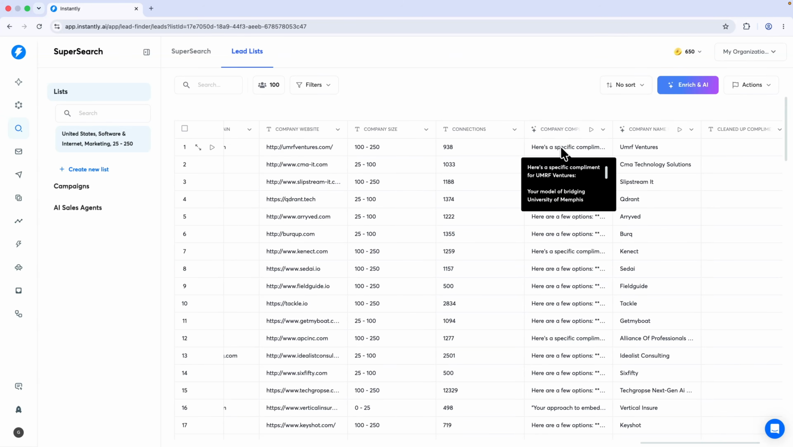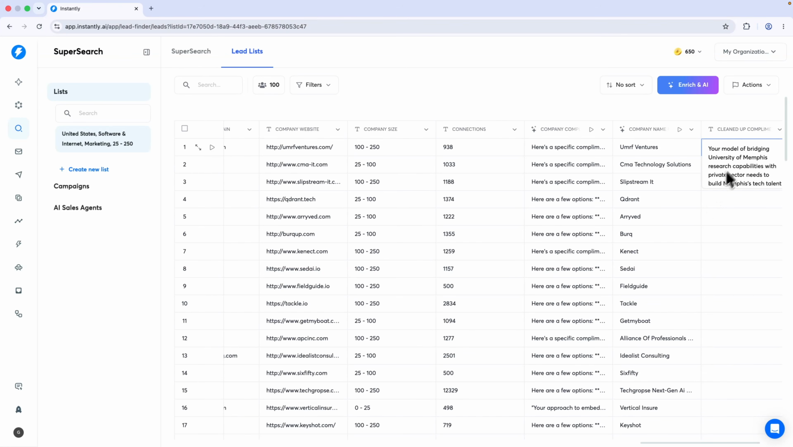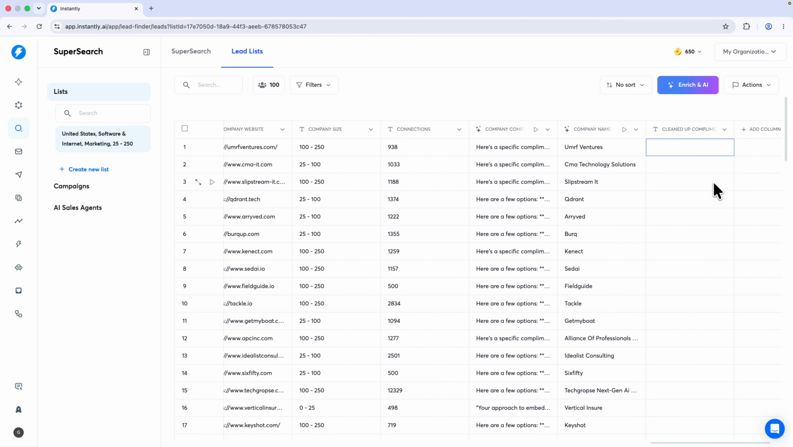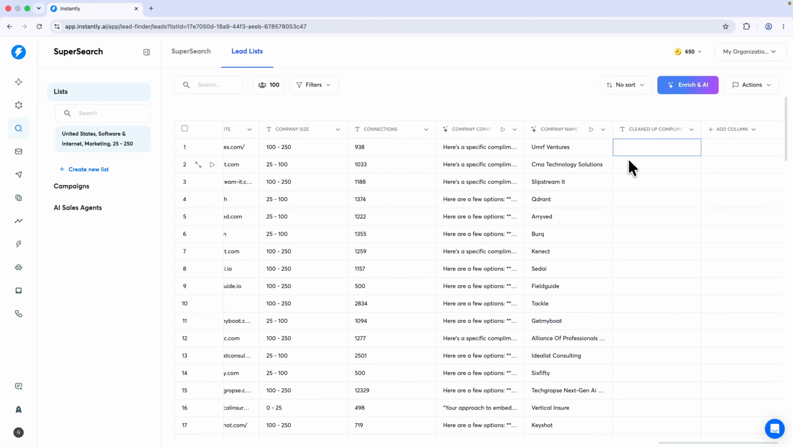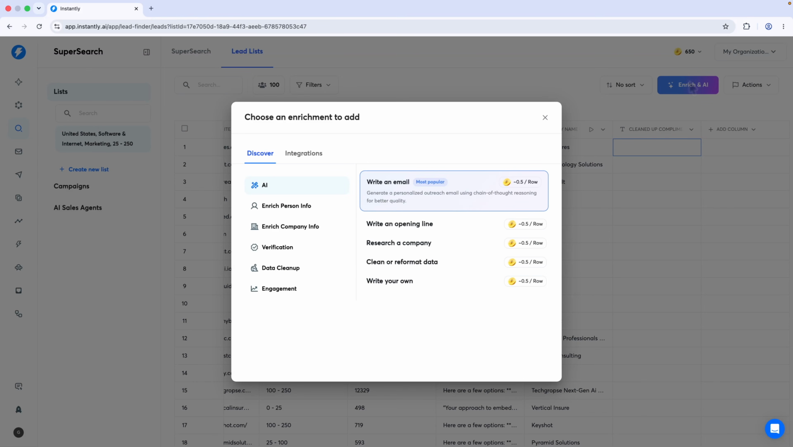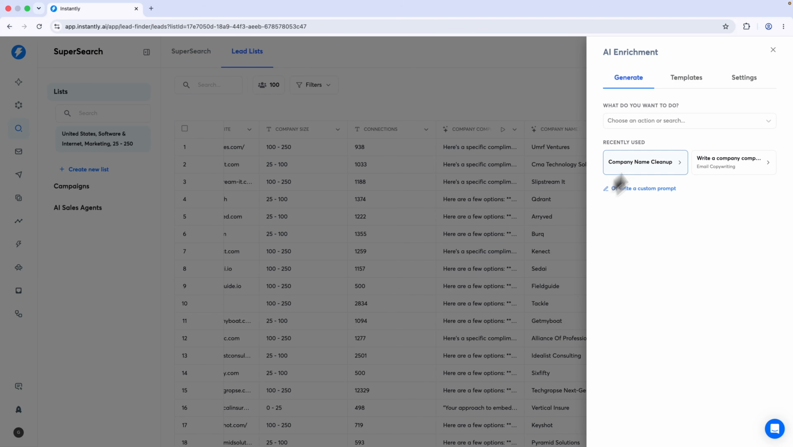Then you have 2 options. You can first of all just copy the complement from here. So just copy the cleaned up complement, put that in here, and then you have an actual good complement. But why would you do this yourself if you can use AI? So what we're going to do is click Enrich and AI, then click Write Your Own, and then choose an